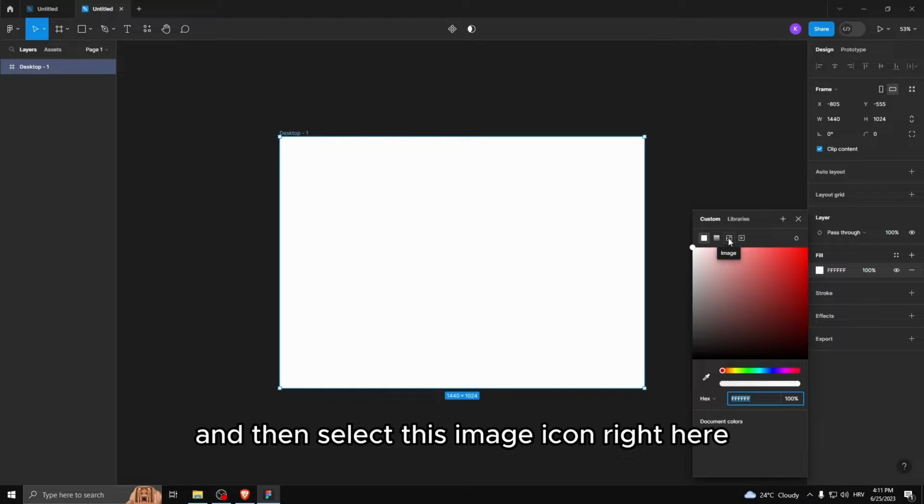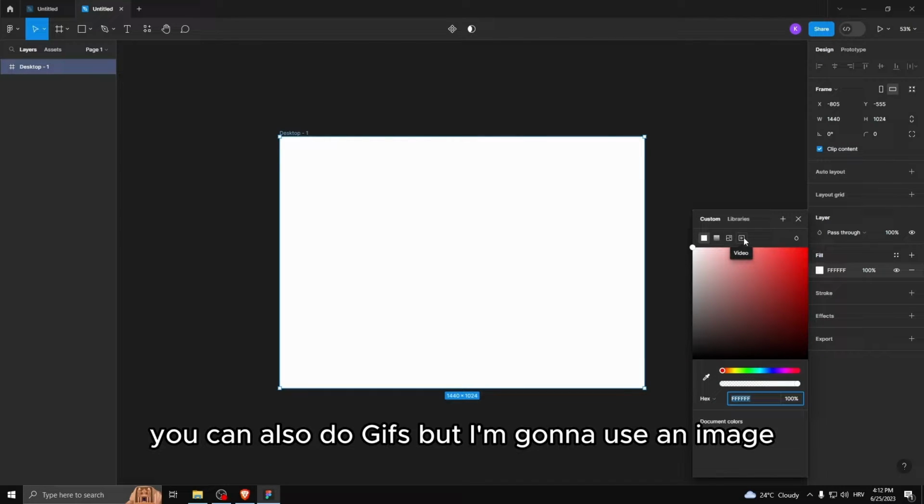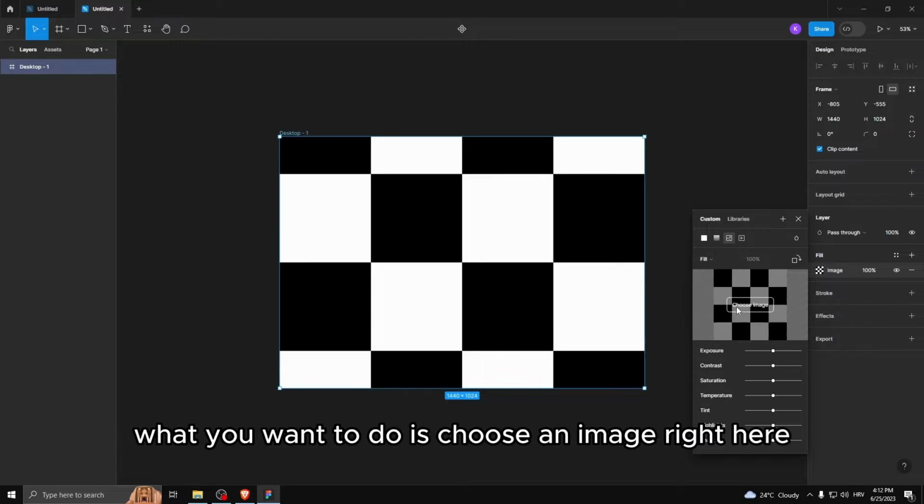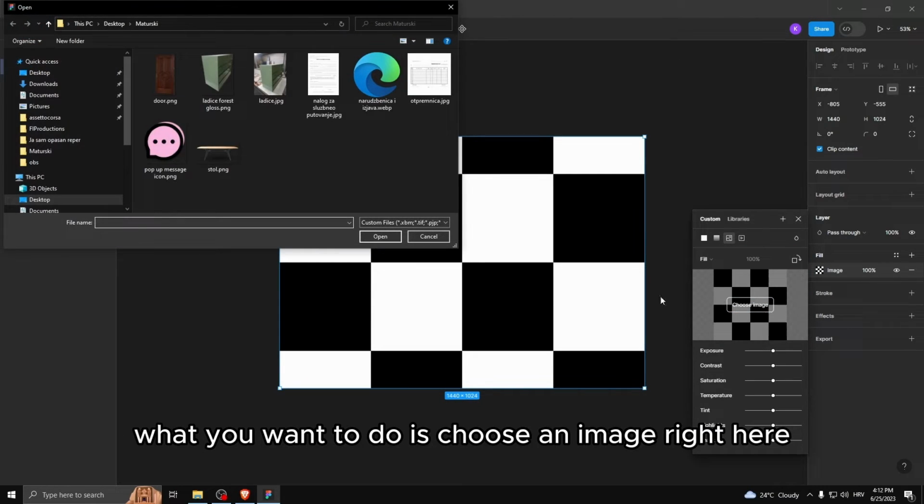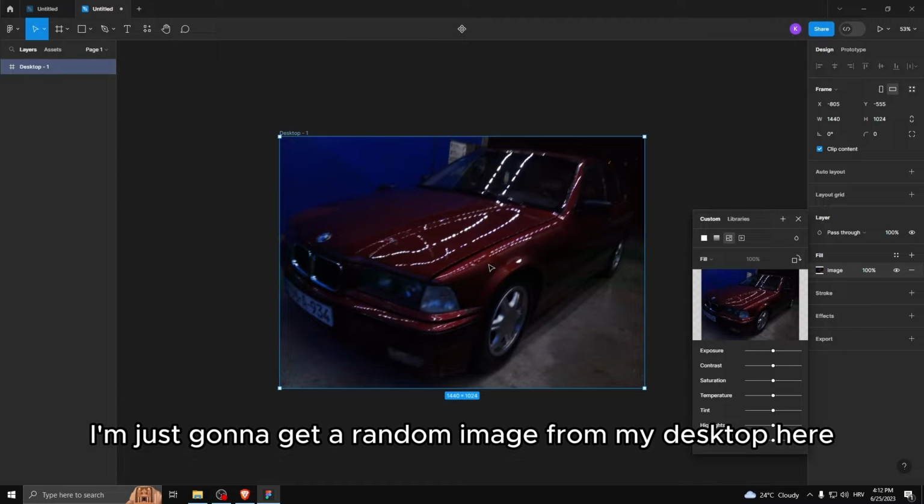and then select this image icon right here. You can also do GIFs, but I'm gonna use an image. What you want to do is choose an image right here. I'm just gonna get a random image from my desktop. Here what you want to do,